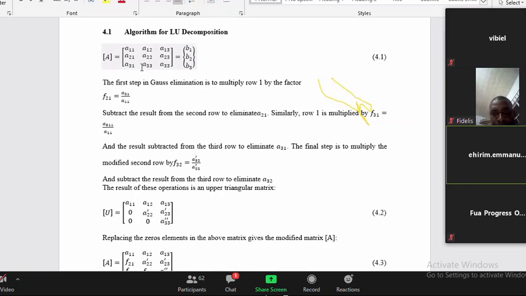A31 over A11, all right? And then we subtracted the result from A31, that's the 4.1c, all right? So when we finish that, we had, for the first step, we had,